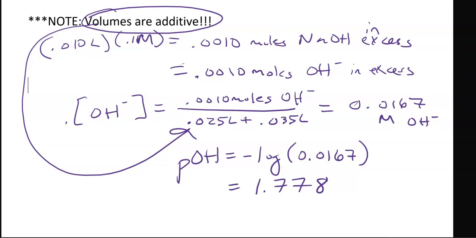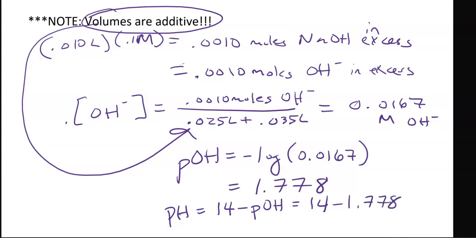If I'm looking at a titration curve and I'm at the end of a weak acid strong base titration, I should have a really high pH. So what do I need to do? Oh yeah, that's right. Solve for pH by taking 14 minus pOH. There we go. That's the missing step. So 14 minus 1.778, and you get a final answer of 12.222